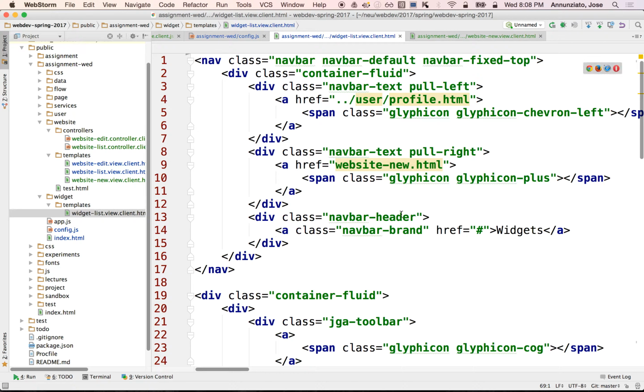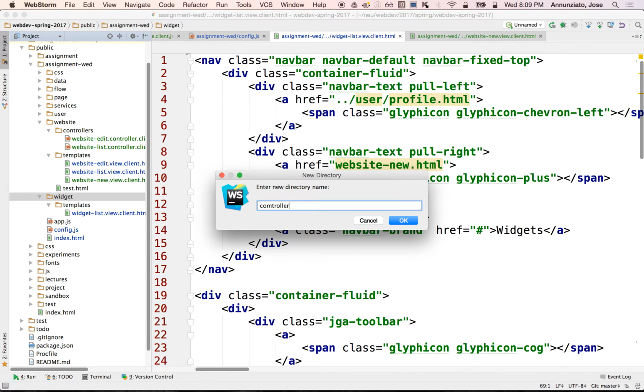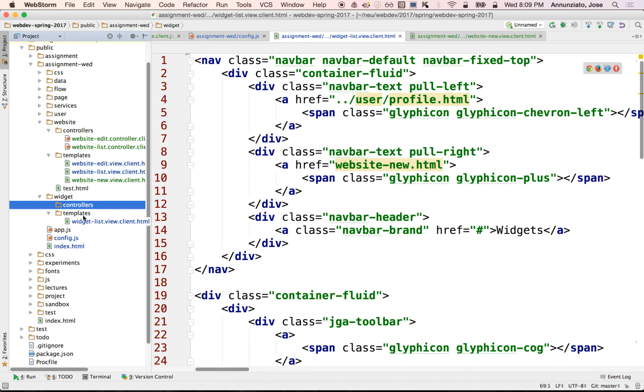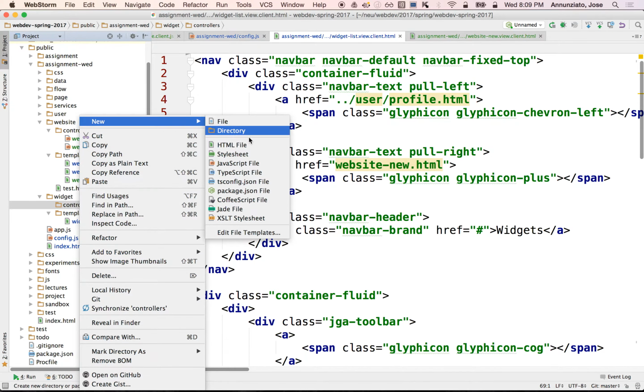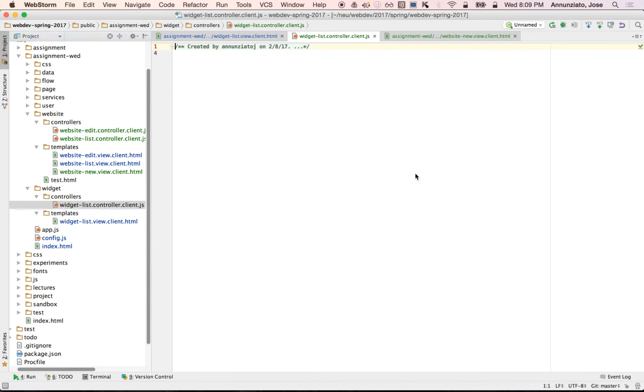So let's do that. First of all, we'll need a controller to feed us that data. So let's create a controller for this template. Controllers, if I can spell, and I'm going to create a controller here. JavaScript, and so this will be widget list dot controller dot client.js. And here we'll have an IIFE